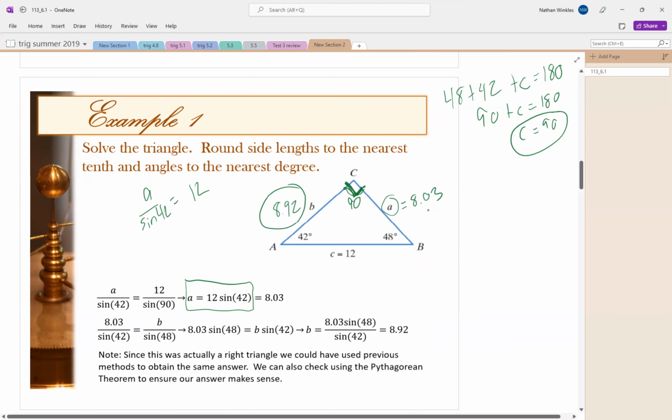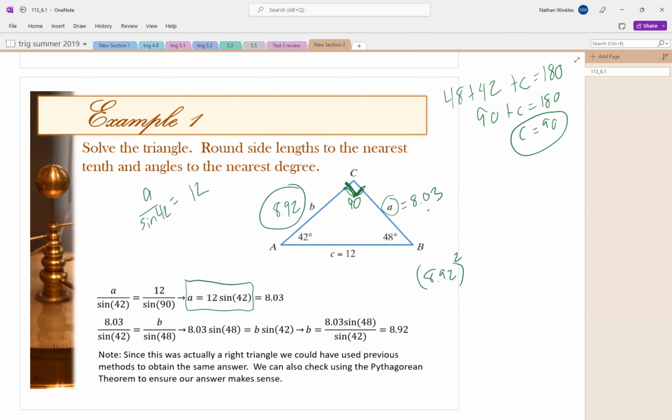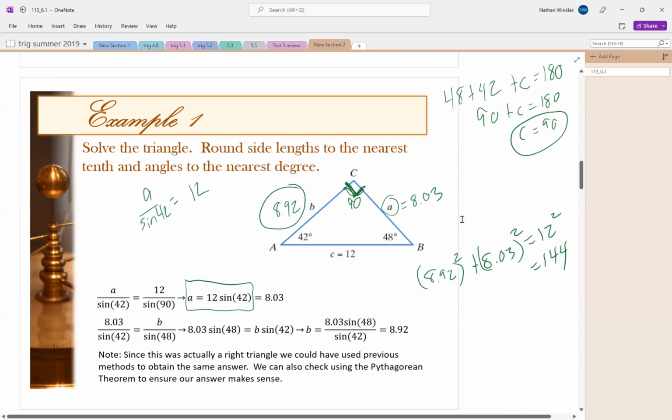Now, if we really wanted to check this, we could check this using the Pythagorean theorem since we know it's a 90-degree triangle. So if we did 8.92 all squared plus 8.03 all squared, we need to get 12 squared. So this needs to equal 144. If we do that by pulling up our calculator,